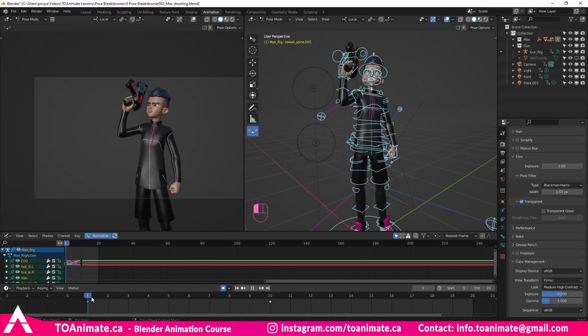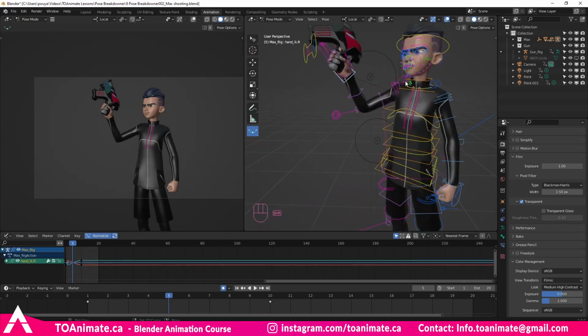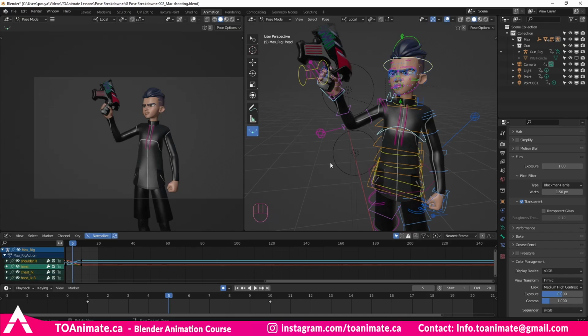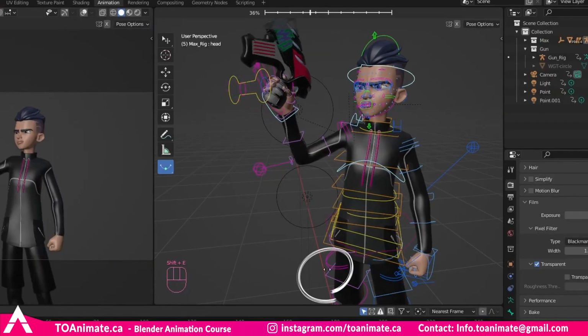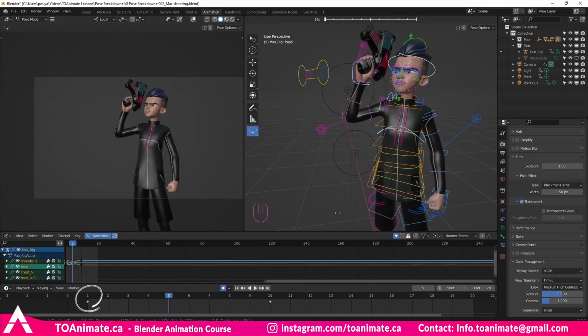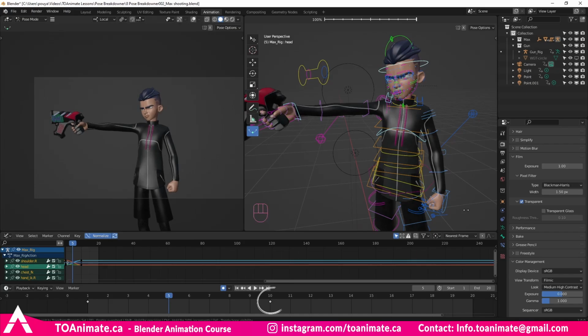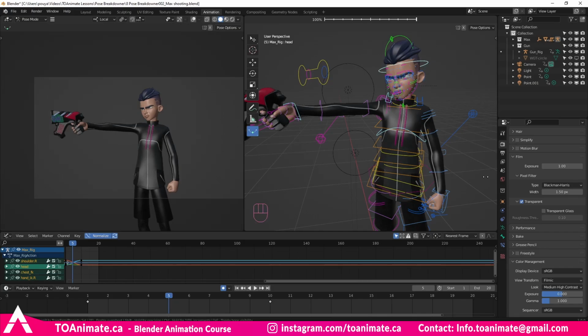Now what you can do is, let's say on frame 5, we want the hand and the shoulder, chest, and the head. Now if we press Shift E while we have our cursor on the viewport here, when we go left, the character's pose gets closer to our first key. If we go right, the character's pose gets closer to the key to the right. So in this case, frame 1 and frame 10. So the closer I go to the left side of the viewport, the closer we are to the pose on frame 1. The closer we go to the right side of the viewport, the closer we get to our pose